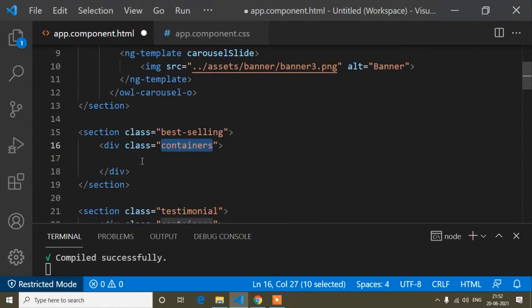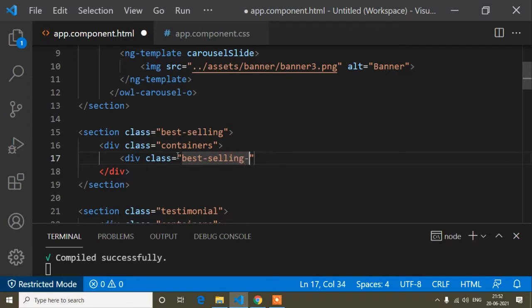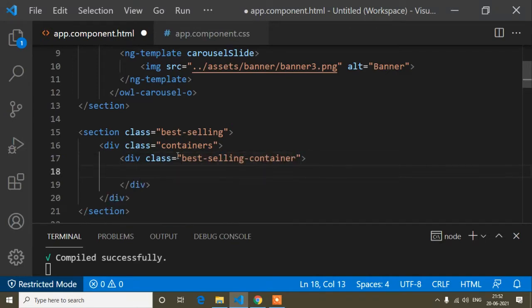Now here I will write another div class, best-selling-container, and inside this container I will first write div class sale-price. This one will be the floating div.